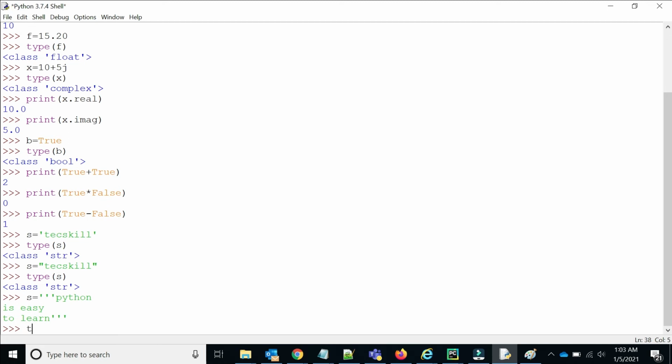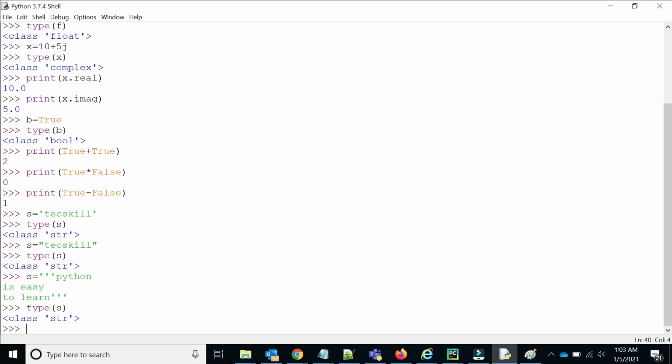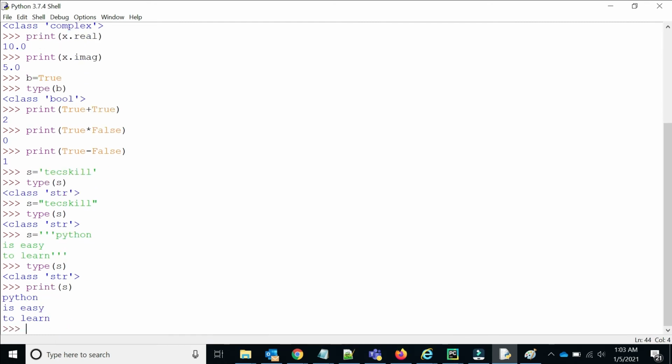Now you can see the type of s, this is also a string, and if you print s, now you can see. So you can also take a multi-line string within triple quote. So what we have learned is that a string can be represented with single quote, with double quote, and if you are giving triple quote, then this is a multi-line string.